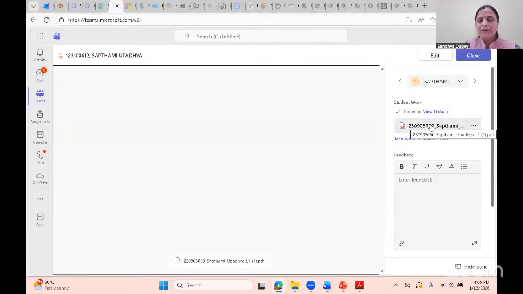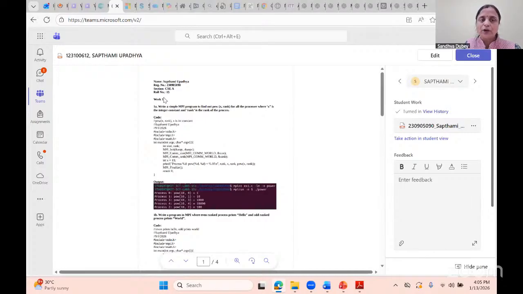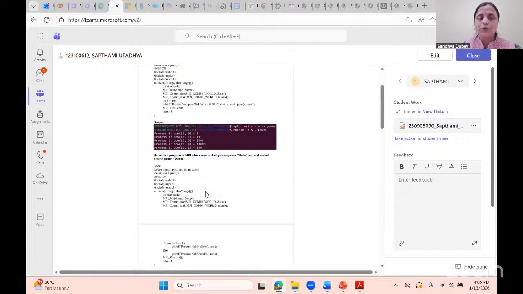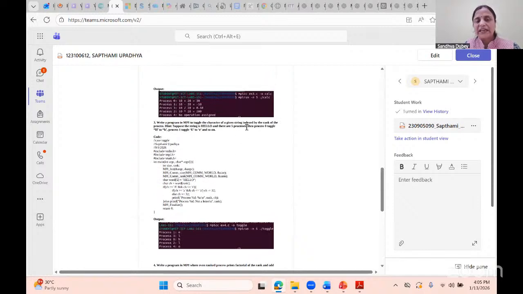So how will the students upload? This is the format. Basic documentation: Week 1, the program title, what the program is, the complete code, and the output. There is a visual output, so there is no need for the printout. While assigning, in this case, I have not assigned any rubrics for the evaluation. With respect to every lab, there will be a quiz, and with the quiz, we will create rubrics, so that based on the quiz marks, we will again add the write-up marks or the execution marks.